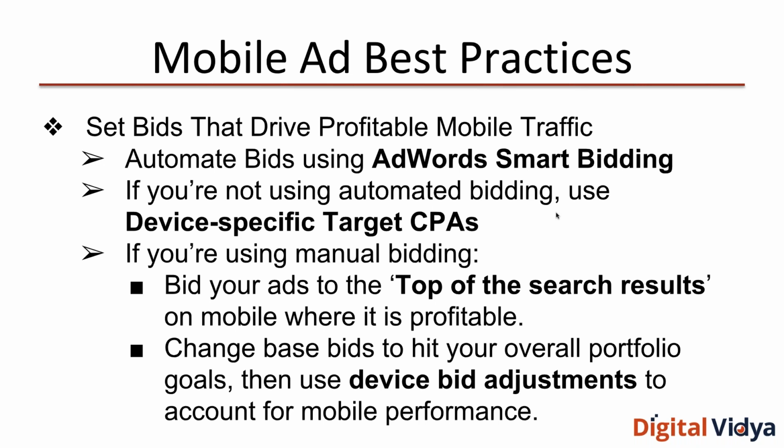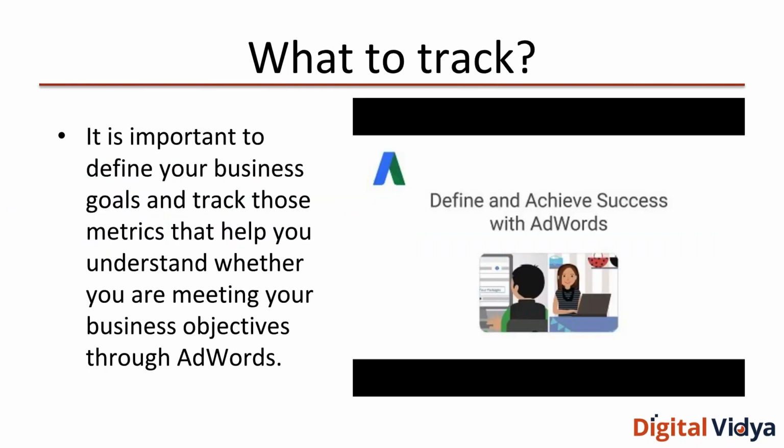You can also, if you're using manual bidding, I was using automated bidding in that campaign. If you're using manual bidding where you manually set the bid, you can also opt for options like bid your ads for top of search results. Remember the top of the page search results option? You can go for those kinds of options also to make sure that your ads are shown in places where it is more profitable, where there's a higher chance for conversion. Okay,